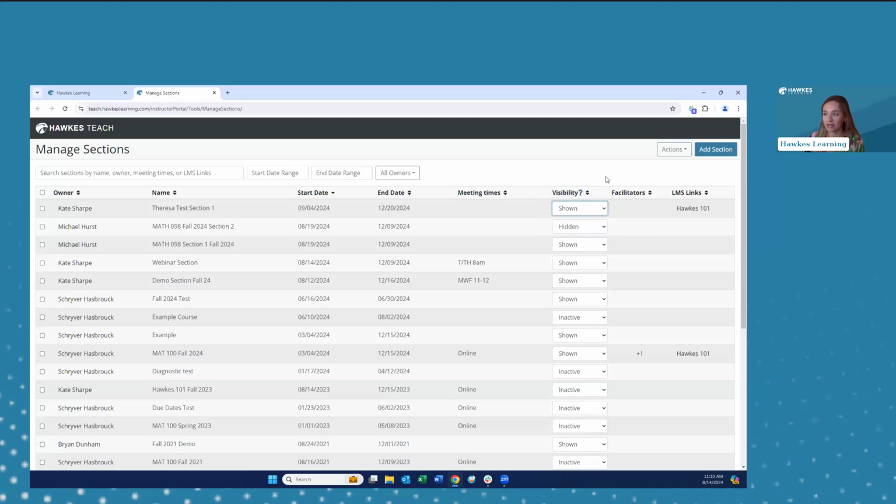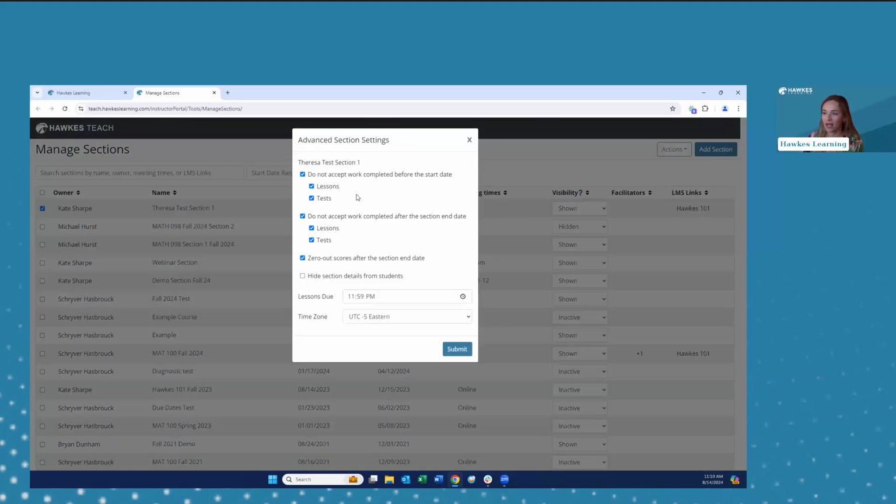Another really exciting feature within the Manage Sections area is our new Actions button. This will allow you to take a lot of actions or make edits to a specific section. So just to show you what I mean by that, if I select a section here and click Actions, there are several different options. First of all, within Advanced Settings, we have gone ahead and pre-selected the Hawks best practices